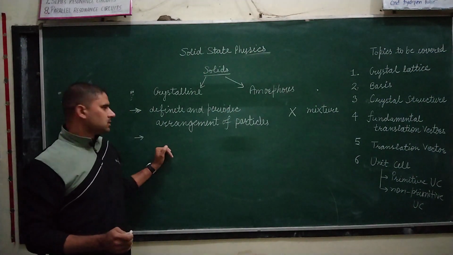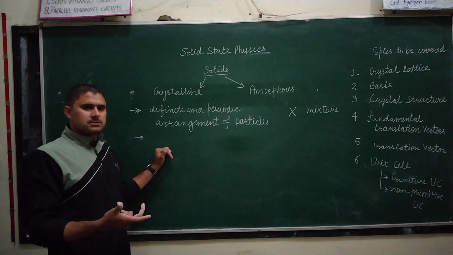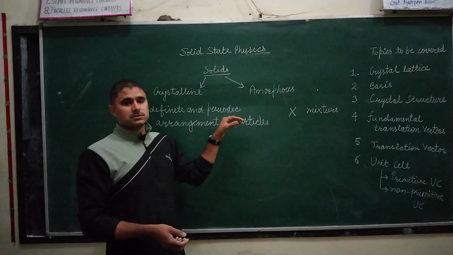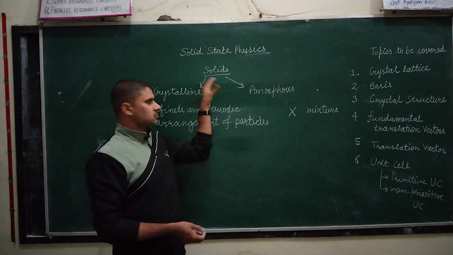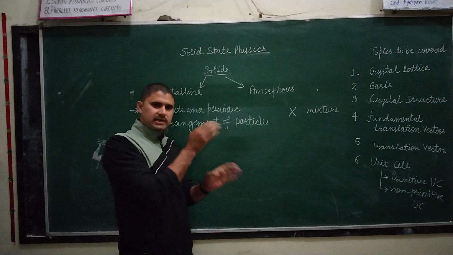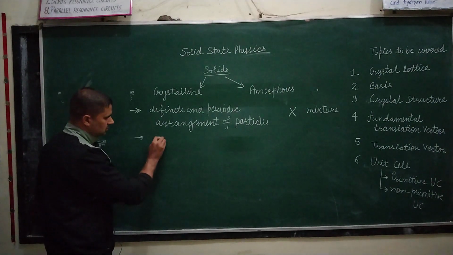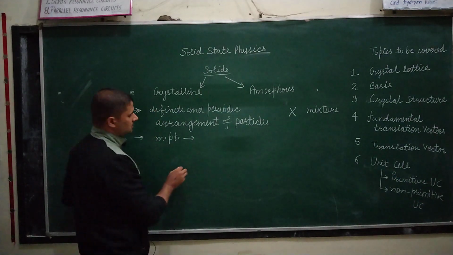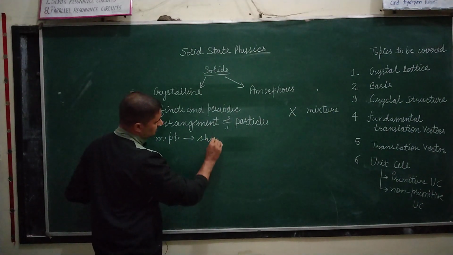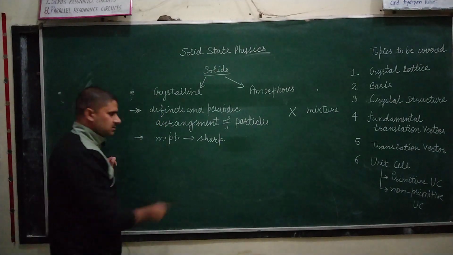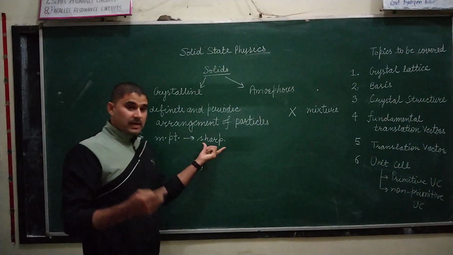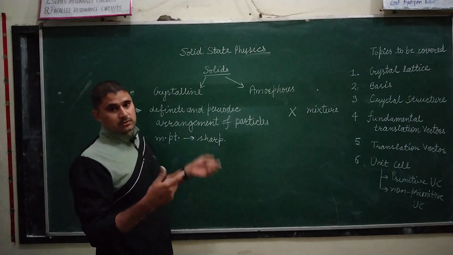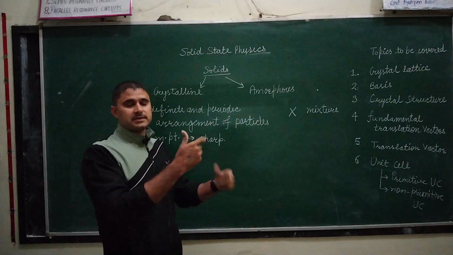Here, in an ideal crystal, the building blocks or constituent particles are also the same. So the chemical bonds which bind constituent particles in the solid are of definite strength. So it gives rise to a sharp melting point. The melting point in case of crystalline solids is sharp. What is the reason? Sharp means that at a definite temperature the bonds will break down and the solid will convert into liquid. There will be a phase transition.